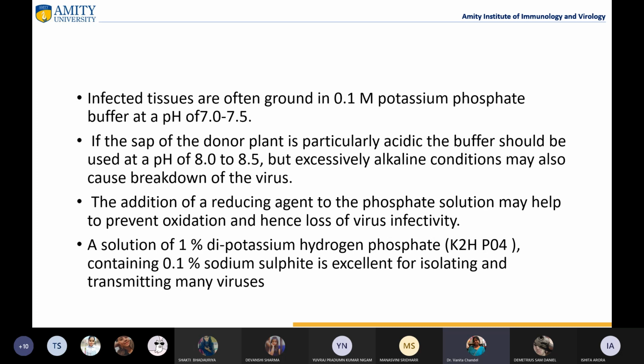So these kinds of reducing agents prevent oxidation, hence the loss of virus infectivity is also prevented. Sometimes a solution of 1% dipotassium hydrogen phosphate containing 0.1% sodium sulfide is good for isolating and transmitting many viruses. Also, these kinds of procedures are usually standardized for different viruses, right? There is one common protocol in which we might require certain changes according to the virus that we are using